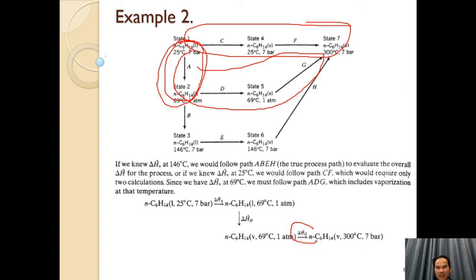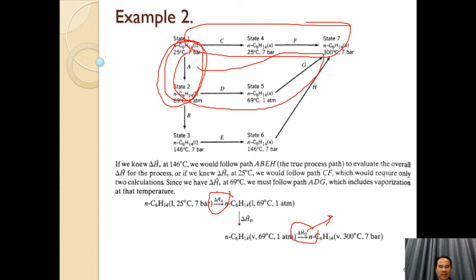For this case, I talked about it already. Delta SC includes the V delta P for constant temperature change in pressure. Delta SA includes the constant temperature change in pressure. But for this case, with constant temperature change in pressure, delta S equal to delta U equal to 0 for the